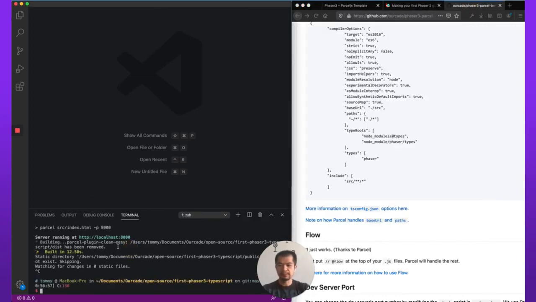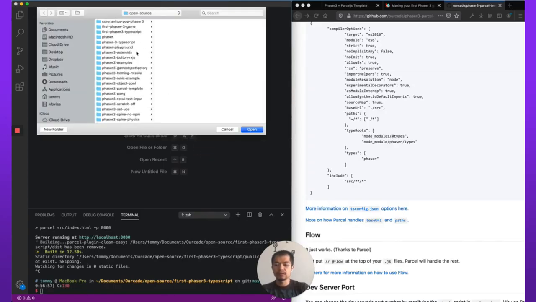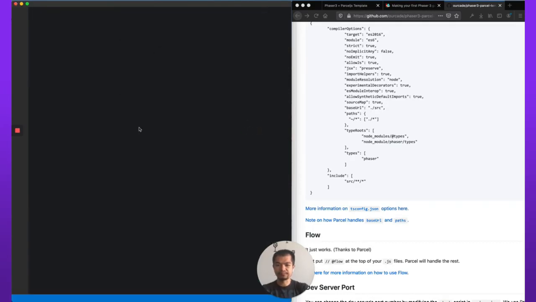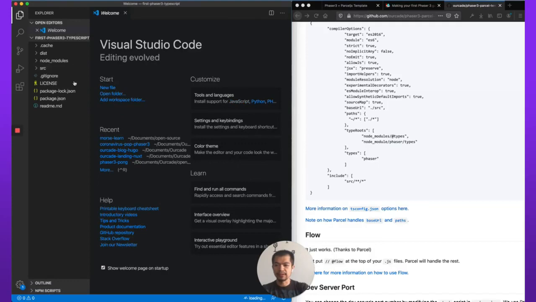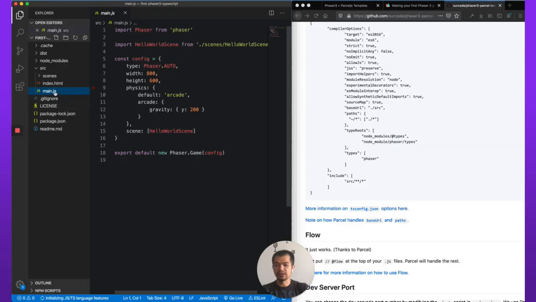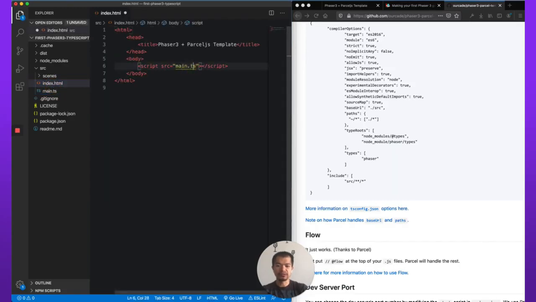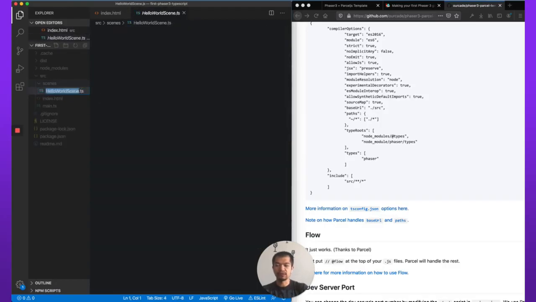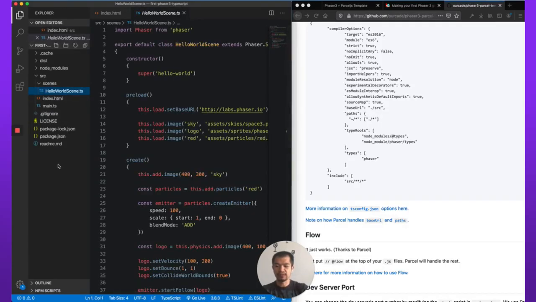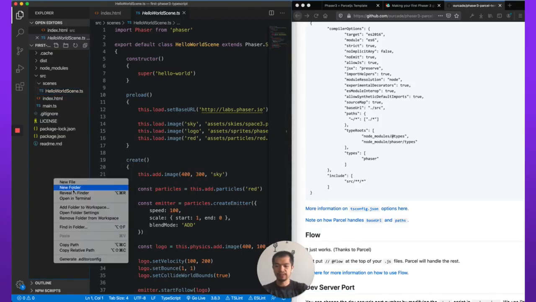So let's stop it and open the folder we just made, first Phaser 3 TypeScript. All right, so see, these are all JS files. We're going to turn these into TypeScript files by renaming them to TS. Now in our index file, it references main.js, so we just got to change it to main.ts. We have this hello world scene. For now, we're just going to change that to TS. Great. Now let's, out here, make a new file,